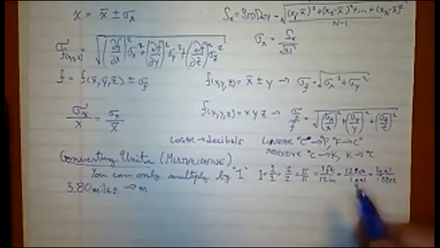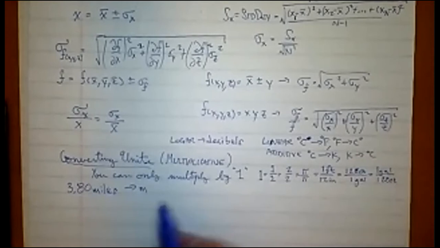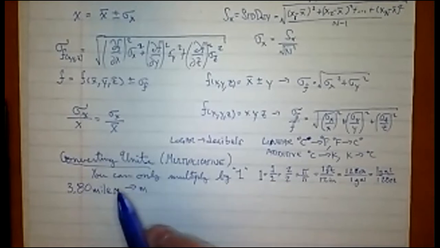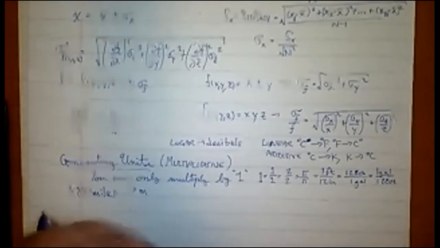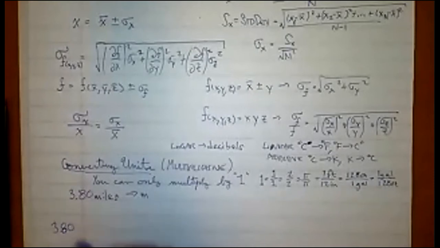The main thing is we're going to treat it like an algebra problem where the units are like an x. So this is 3.80x. So if you have an x in the numerator multiplied by a fraction that has x in the denominator, the x's will cancel out. So I'm going to use, this is kind of odd, you can actually look in the front cover of your book and you'll find a conversion straight from miles to meters. I'm not going to use that. Okay, I'm going to use all the values that I truly know.